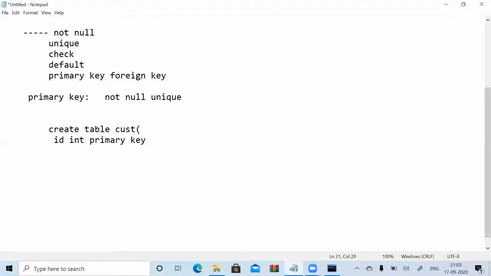Next of all I have given name, age. So sorry, name varchar. So in varchar it is 100. Next of all, just go with age, integer, not null I have given. Now check it. Okay, this is your primary key. So primary key nothing but